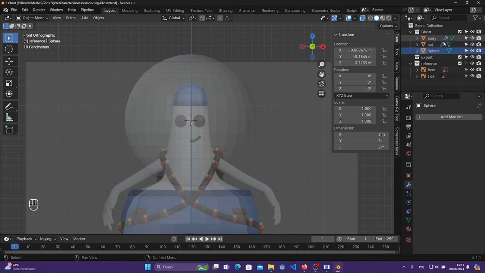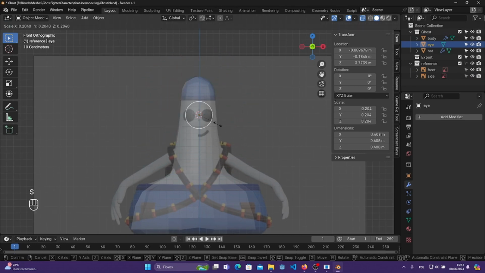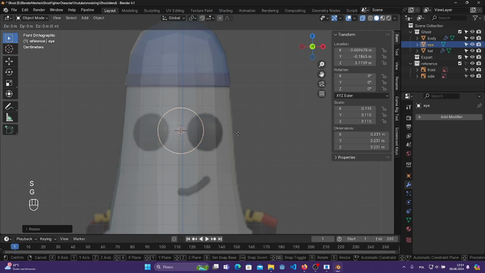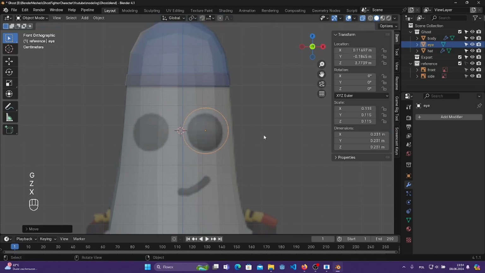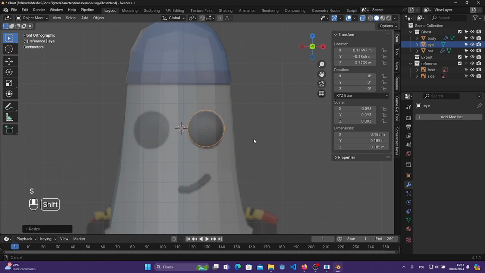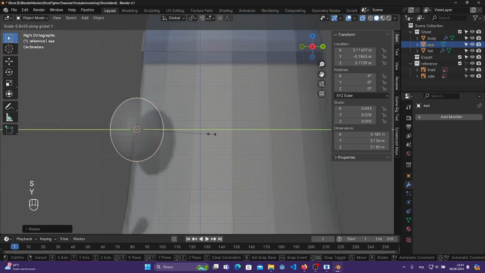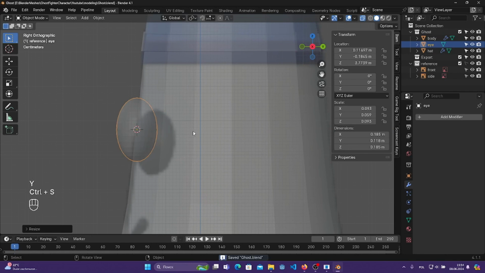Let's move it to the ghost collection. Name it I. Scale it down and scale it down one more time and place it right here. And also let's scale it down on the Y direction so it will look